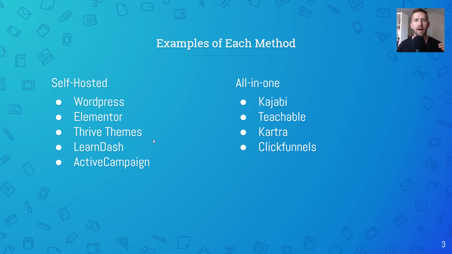You have a list of options. You kind of pick like that a la carte menu. You pick this platform, you pick this page builder, you pick this shopping cart, and you run with it.